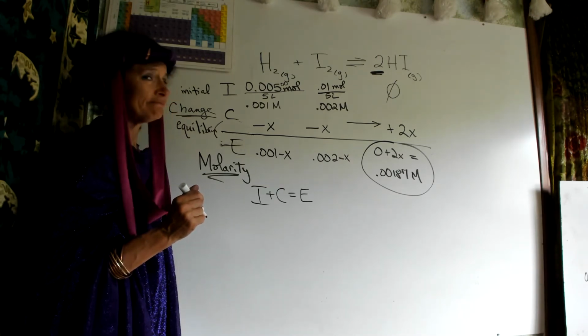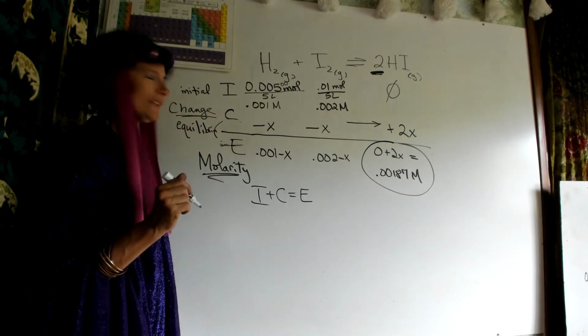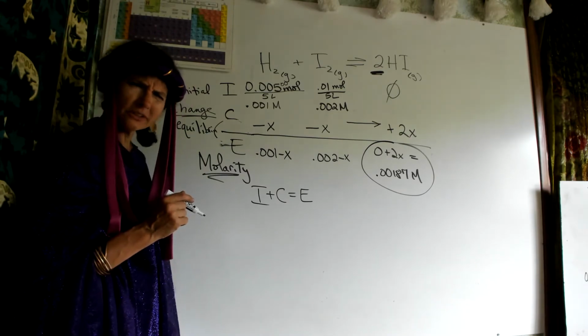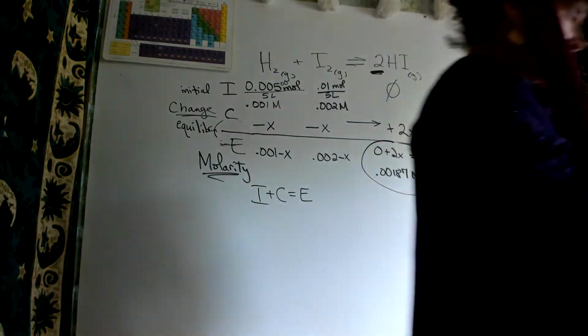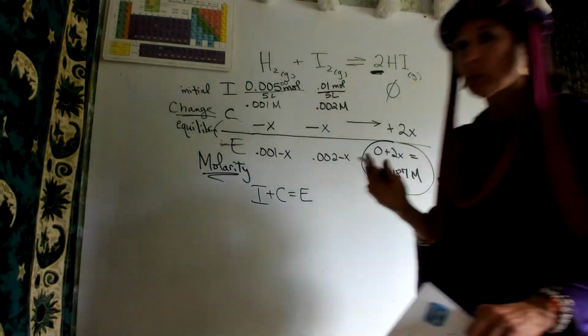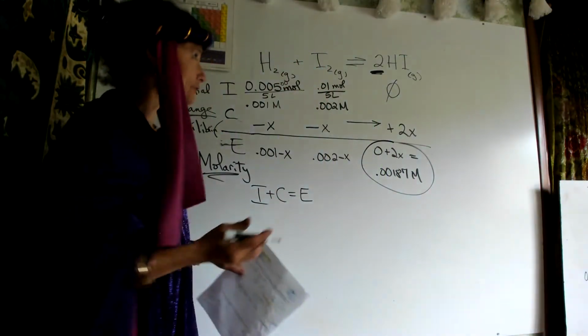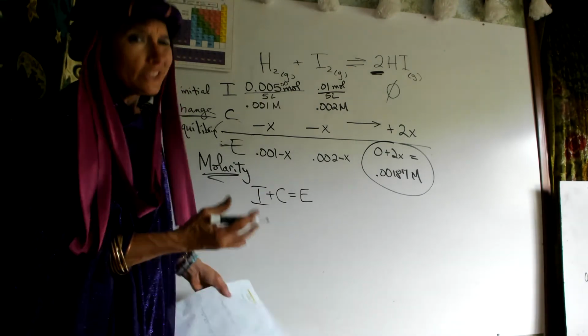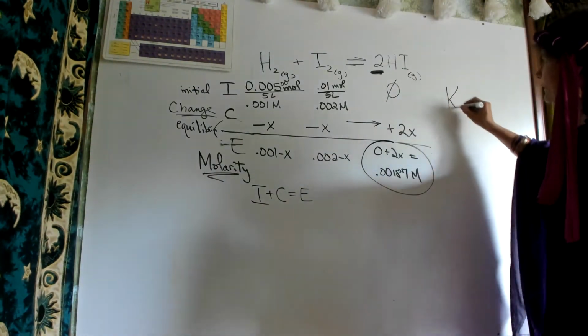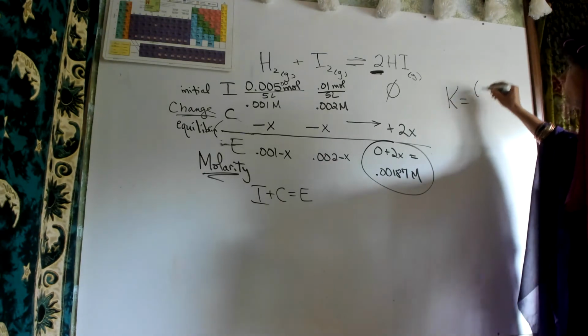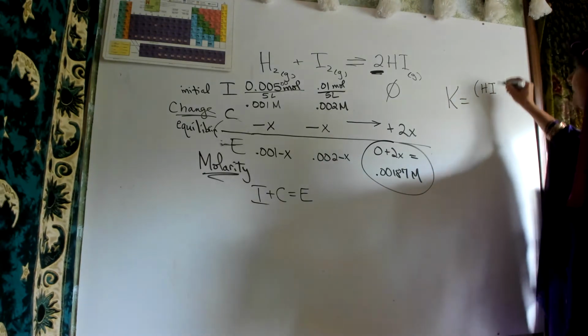All right. So, does anybody know what I forgot to do? Oh, I didn't write my K expression. So, your first step is one of two things. And most students, their first step is, I want to do the chart. So do your ICE chart. And then before you solve, you do have to write your generic K expression for that equation, products on top,